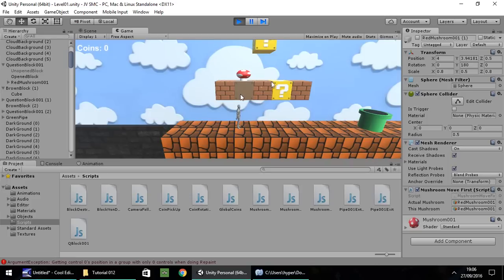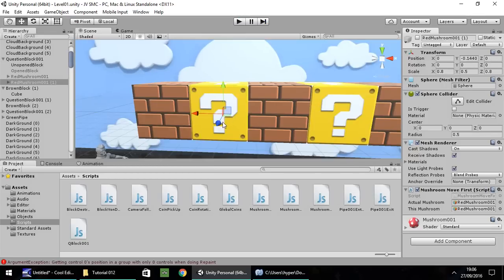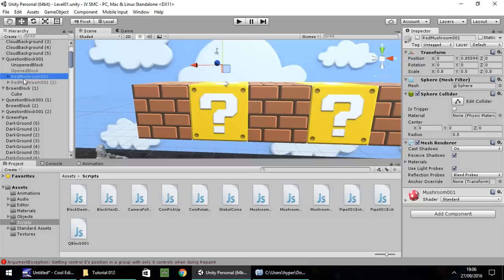While that's active, it runs a script which lasts for around half a second, which brings that mushroom up here, and as soon as it's expired, the mushroom disappears and the real red mushroom that we have around the level appears. So the final step in this script is to make this red mushroom come all the way over here and just